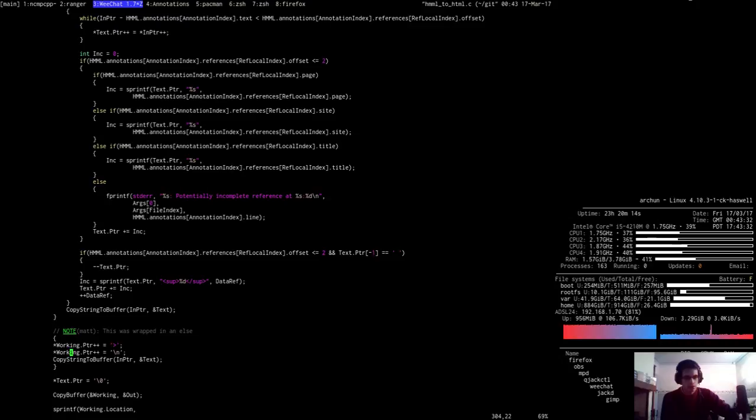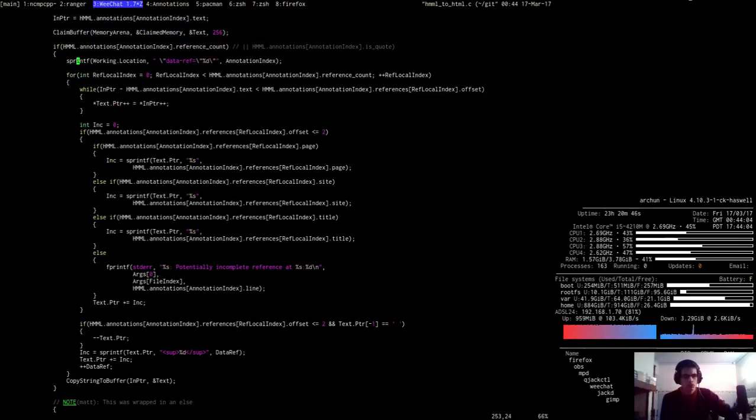Thinking about which is the right thing to be using. So what is in the working buffer at this point? So we sprintf into the working location the data ref and the annotation index. And then for each of these, we want to say,